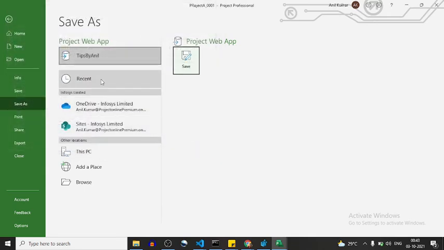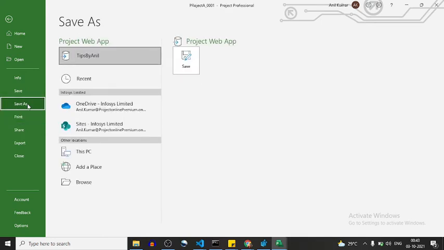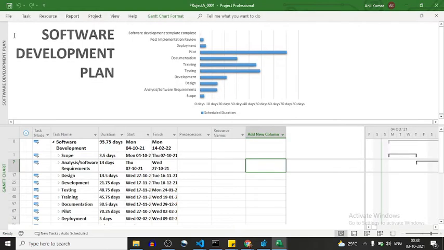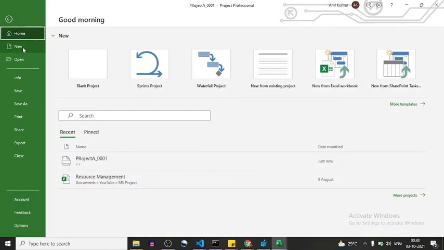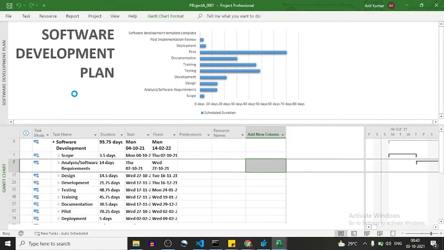No, I won't publish it. Oh, yeah. So this is the option where you can publish your project. Okay, now it will publish this project on Project Web App.